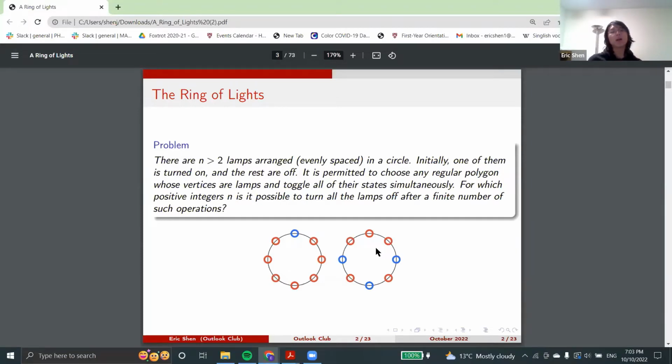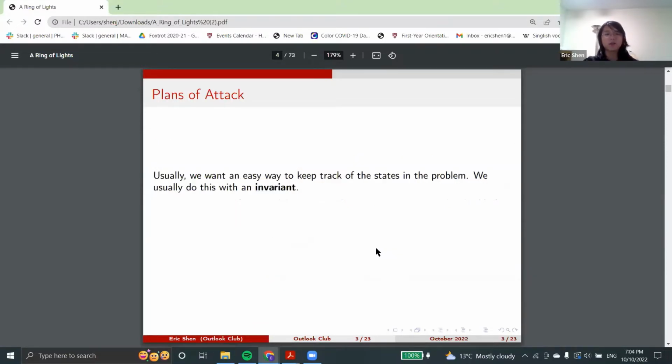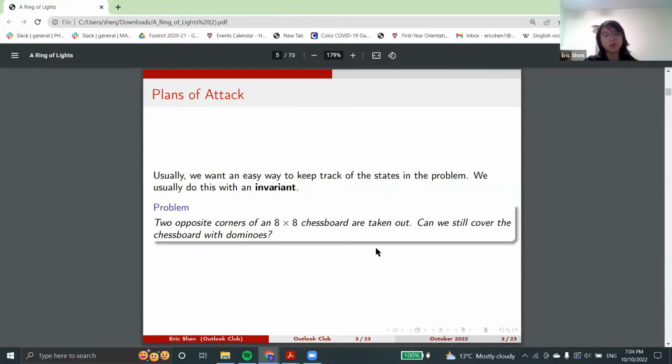Now, how do we tackle these kinds of questions? In general, when we have a very broad question where we're allowed to do a lot of things, but it's not really clear how we can analyze all of the little things we can do, something that's usually good to think of is an invariant. So instead of telling you what an invariant is explicitly, I'm just going to give you a problem that I think is a good example of what an invariant is. This is a problem that maybe your grandpa or grandma or your math teacher has shown you, but I think it is a very good example, which is,